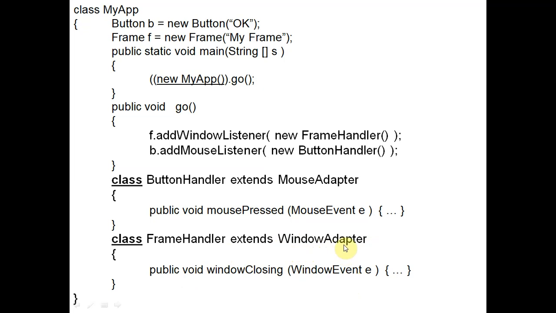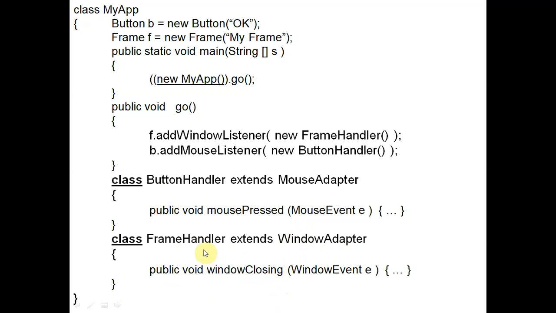So we will have to define one different class, and this class is inherited from the WindowAdapter, and inside this class we have the windowClosing function. We have multiple functions, but here we are using only one function, windowClosing.